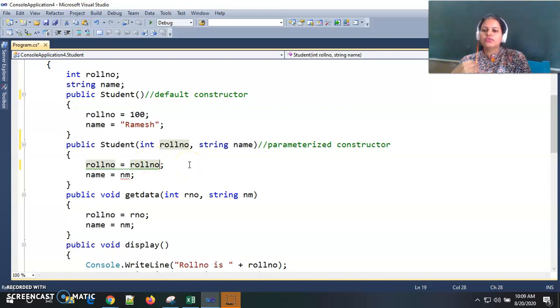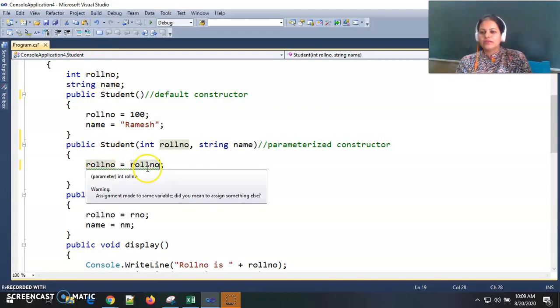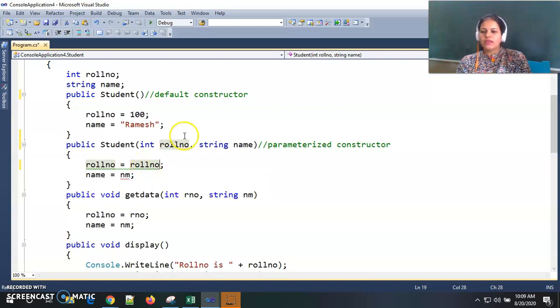I want to tell the compiler to consider the left one as the class member, and on the right side of the equal to sign to consider it as a parameter. But there is confusion because both the variable names are the same. The data member name is roll number and the parameter name is also roll number.